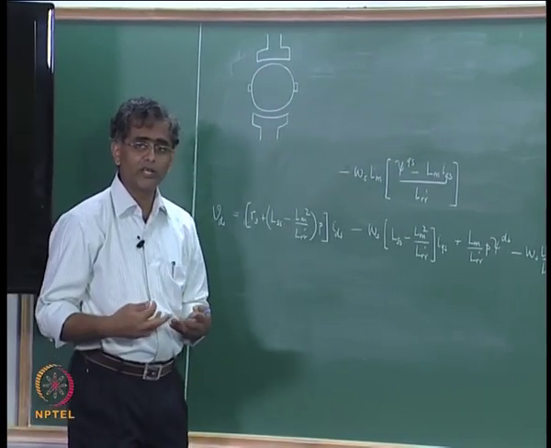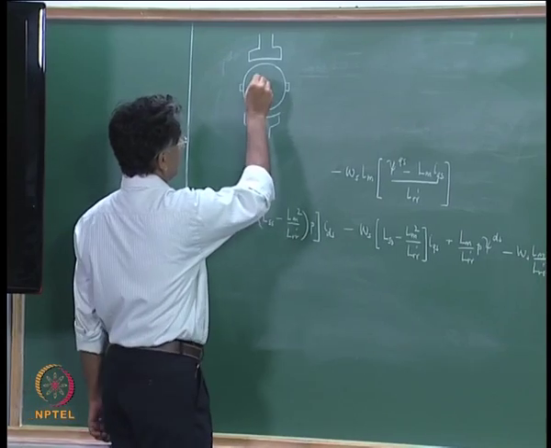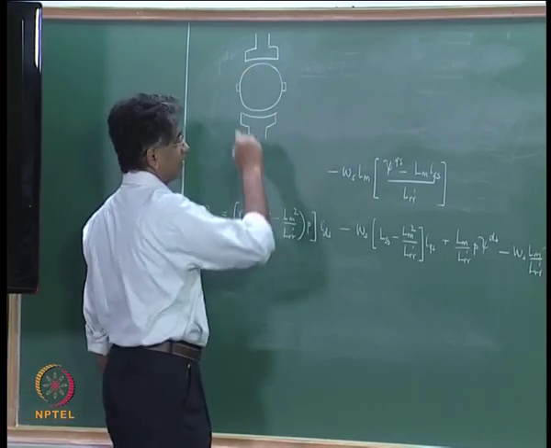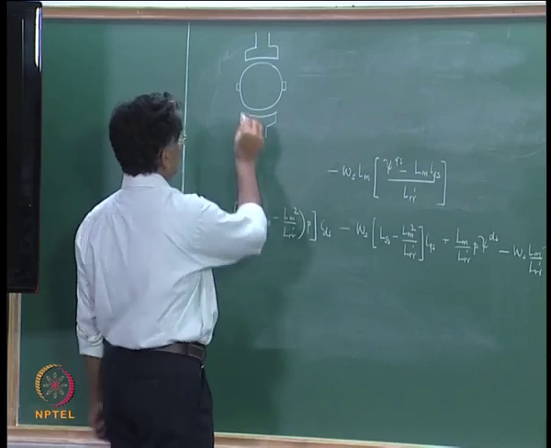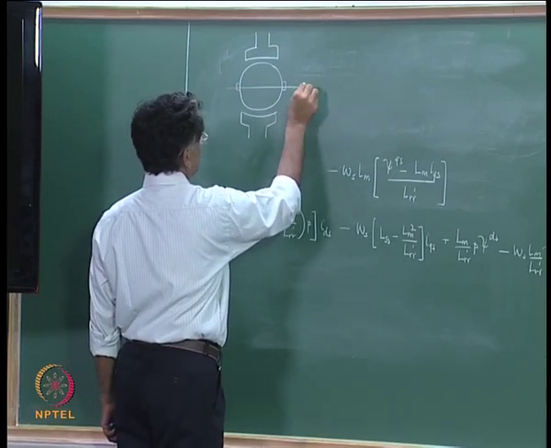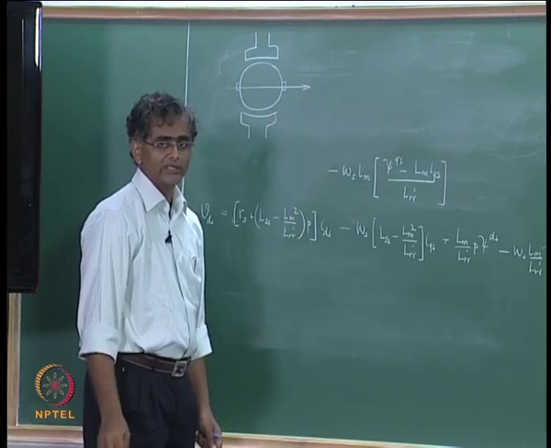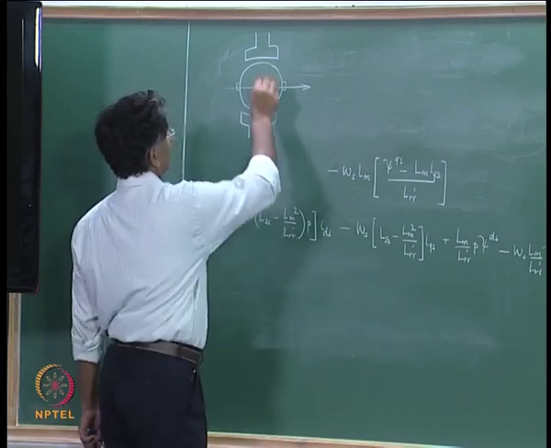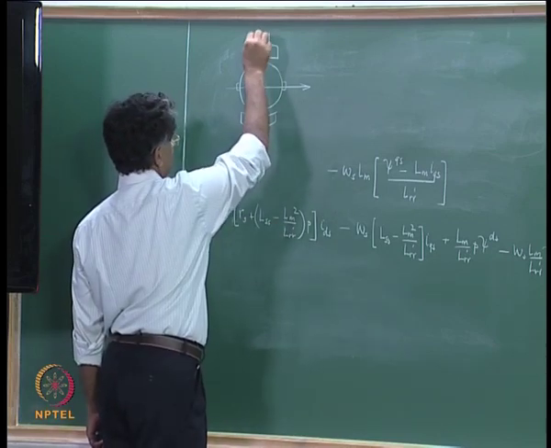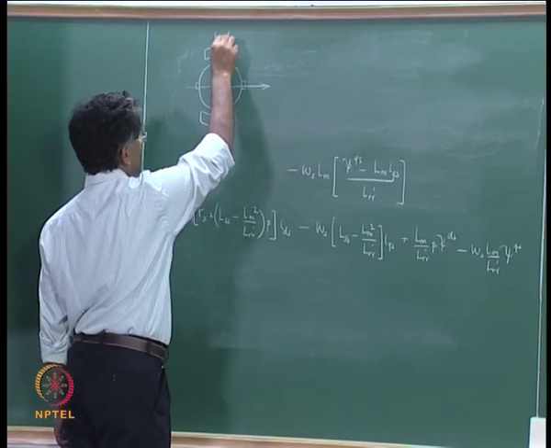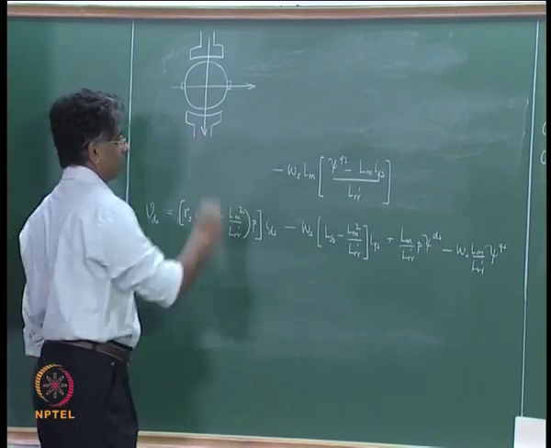Because the brush is placed in the magnetic neutral axis, the MMF produced by the armature, the field produced by the armature is oriented along that particular axis, and the field produced by the main stator field, that is the main field, is going to be oriented along this axis,